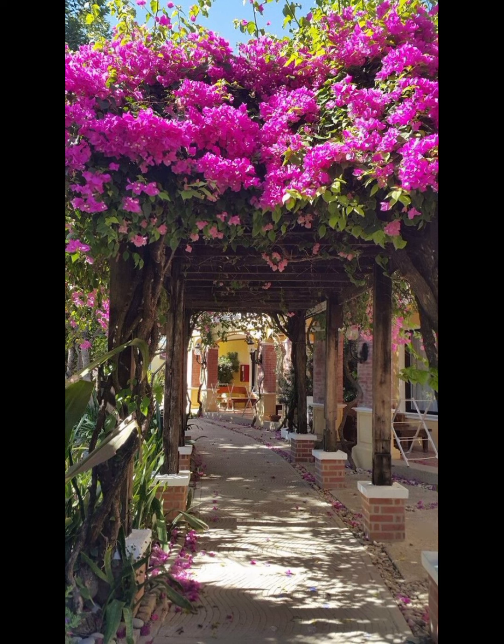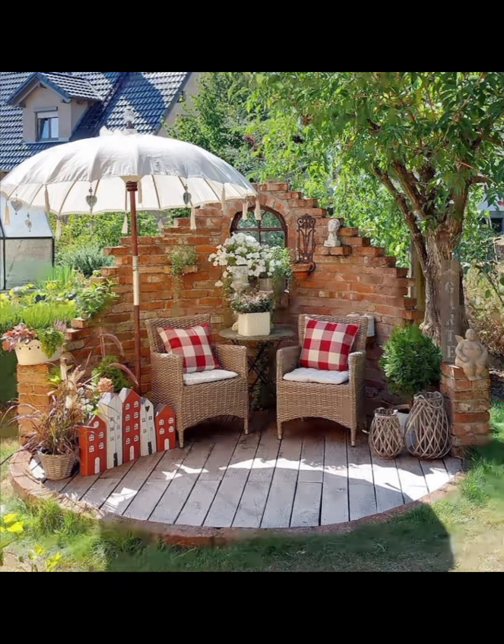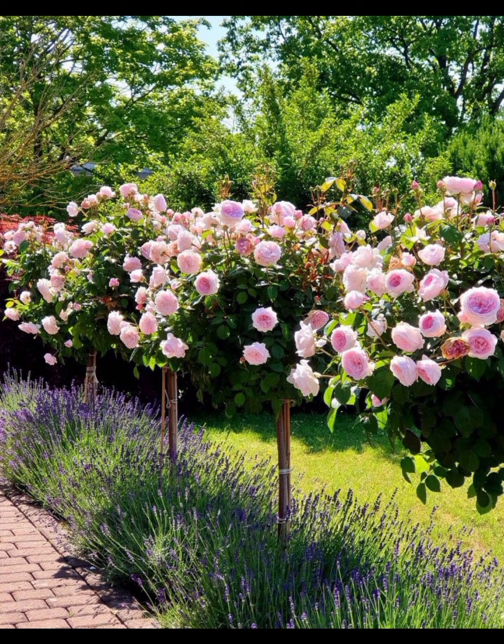Site analysis is another aspect which you have to evaluate. Assess your garden's location, considering factors like sunlight, soil quality,